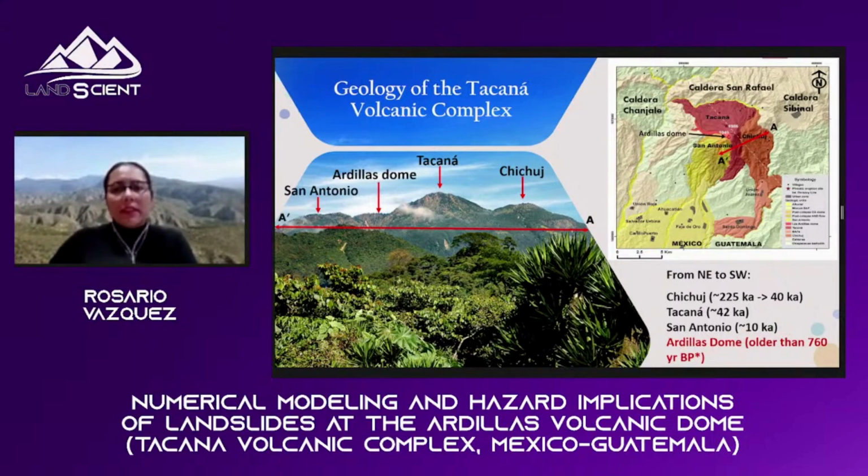But we can see that the Ardillas Dome, that is this little bump in the topography, actually, we're not very sure about its exact age, because we are supposing that